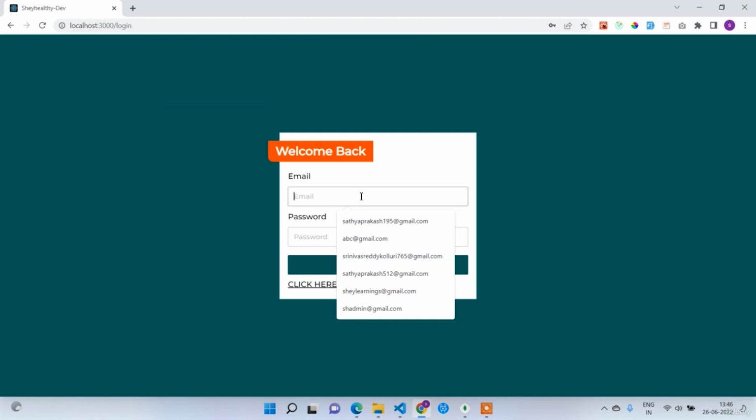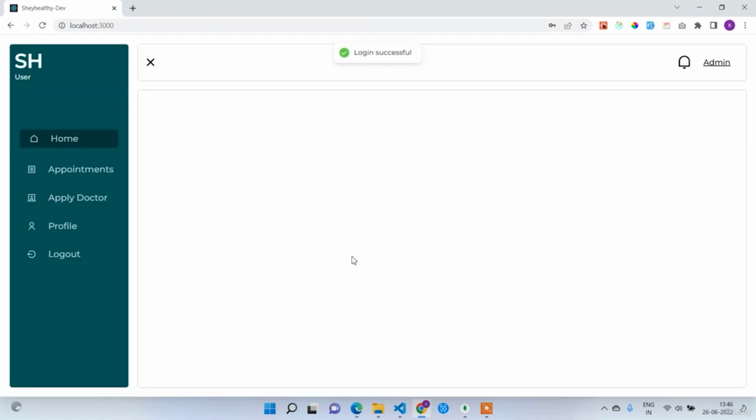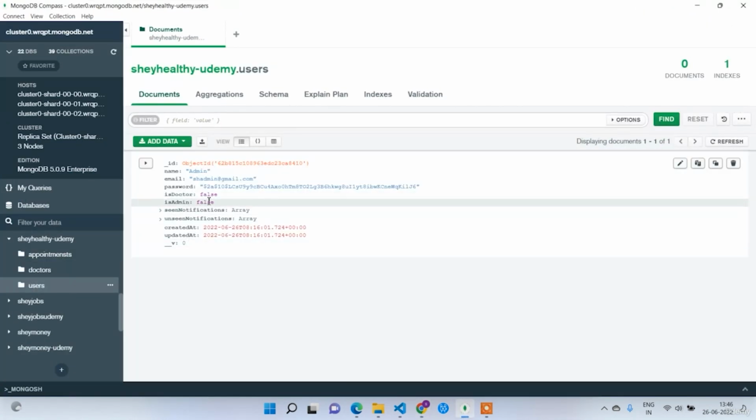So now I will go to the admin dashboard. Email will be shadmin at gmail.com, password 1234567, login. So this is the admin interface. If I refresh, oh sorry, why are we getting user? It should be admin, right? Yeah, exactly. We have registered, but we have not given the admin access